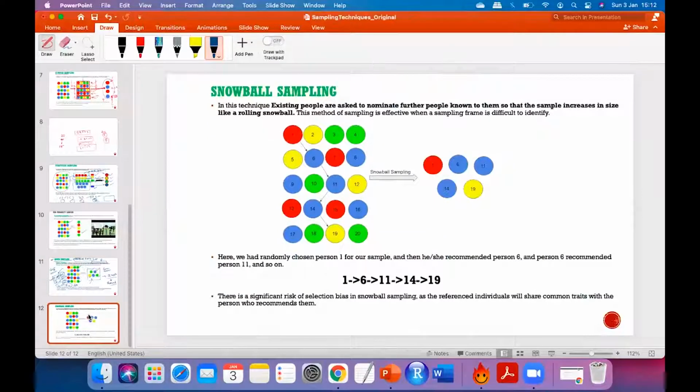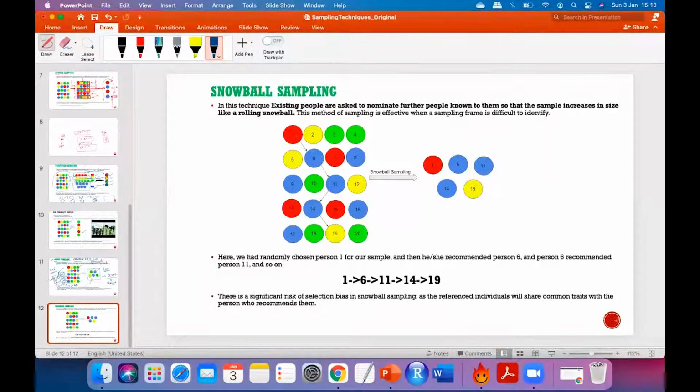Yes, correct. Now the last type of non-probabilistic sampling. This is very interesting, and I'll give you a very brief story. Let's say at the time of HIV, even now, HIV is something which is very feared. AIDS is a very feared disease. Now let's talk about Corona. When Corona started, how did we used to perceive that?